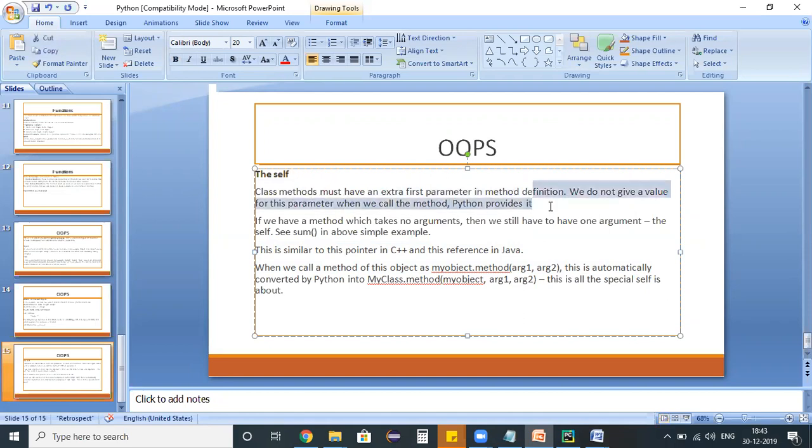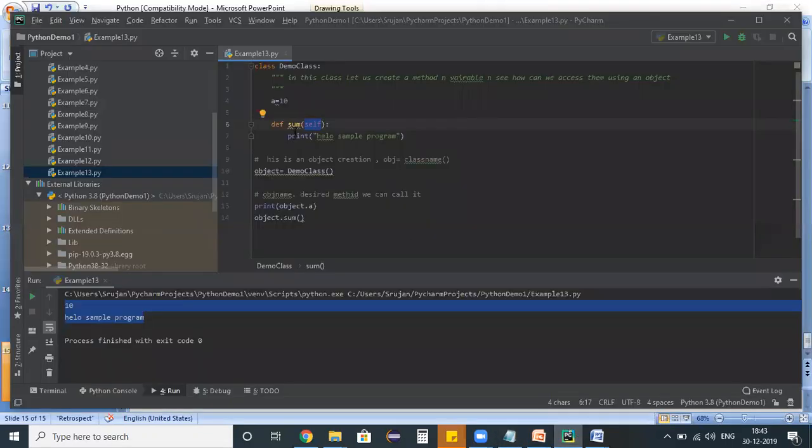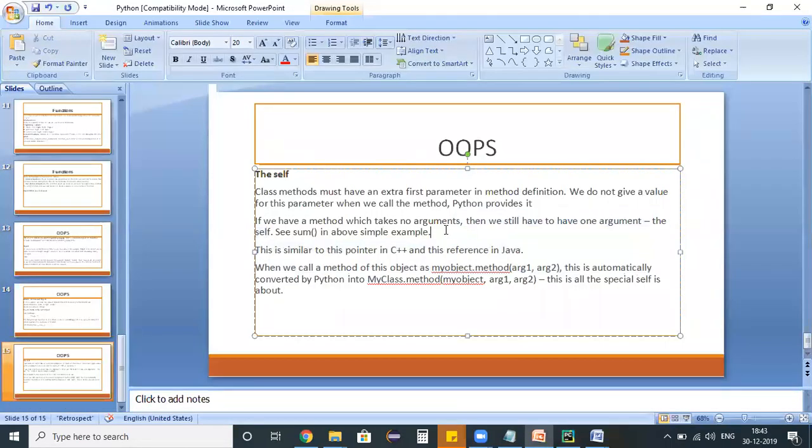Python usually provides it. If we have a method which takes no argument, then we still have to pass one argument, which is self. If you observe the example we have created, we don't have any parameters in it, but still Python considers self as a default parameter.